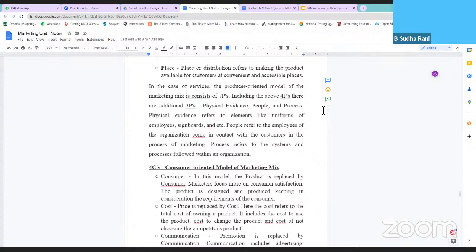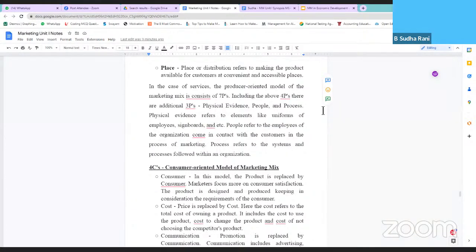Apart from those 4, you need to add these 3, that is physical evidence, people, and process. Physical evidence means what? In all these, while promoting or selling the product, the personnel who are directly related with the consumer are important, right? So, physical evidence refers to the people involved in the organization directly with the consumer, that is sales and marketing,